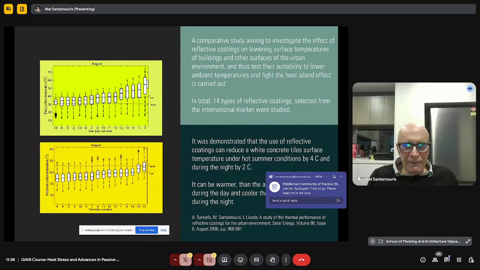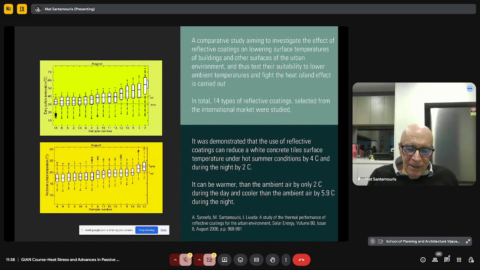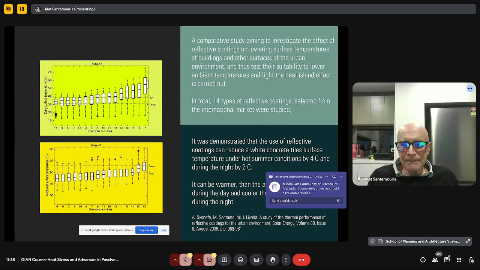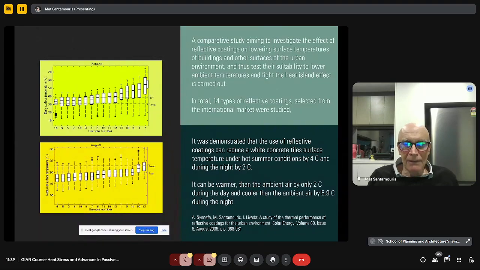At the same time, a material which has very low emittance, for example, a metal surface, as you remember, has at the same time a very low absorbance, because I recall that the emittance is equal to the absorbance in the same wavelength. So a material that has a very low absorbance, if it is opaque, has a very high reflectance, because the sum of reflectance and absorbance is equal to 1.